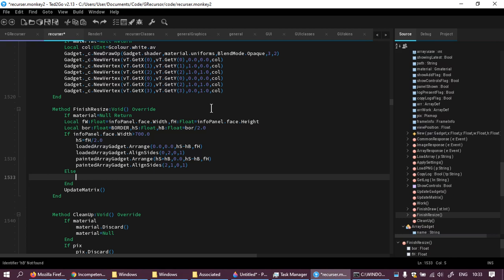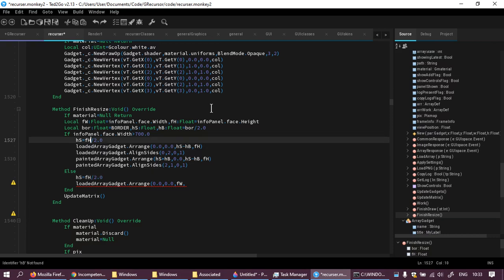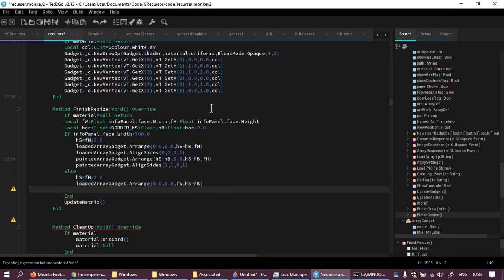If it's less than that, then loaded array gadget arrange be 0, 0.0, face width, and in this case half size equals face height divided by 2, when in actual fact in the previous example it should be face width divided by 2. Face width, comma, half size minus half border. And loaded array gadget, align sides,